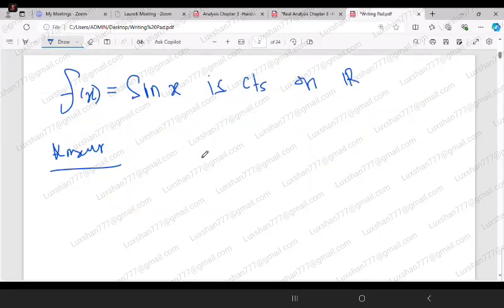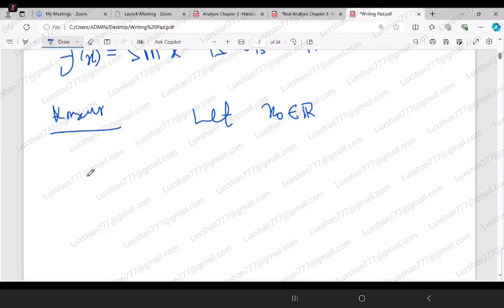Answer: let x naught belong to R. So we are picking an arbitrary point. Then consider